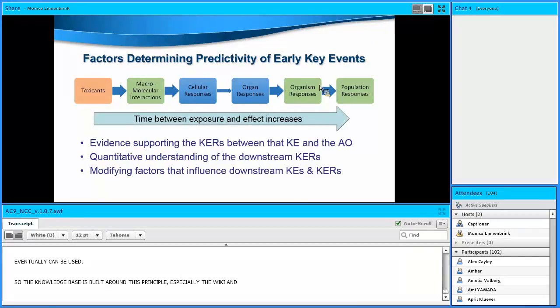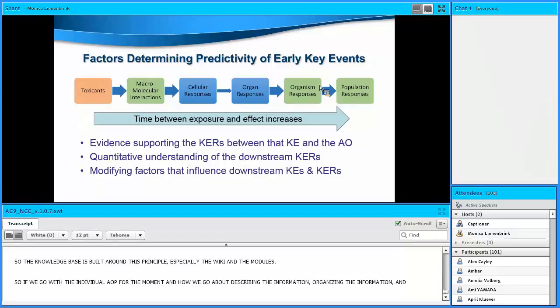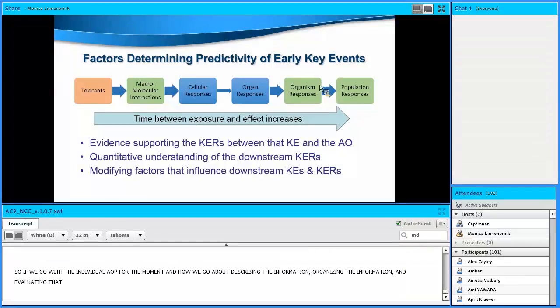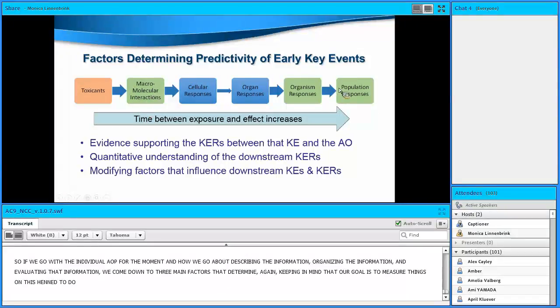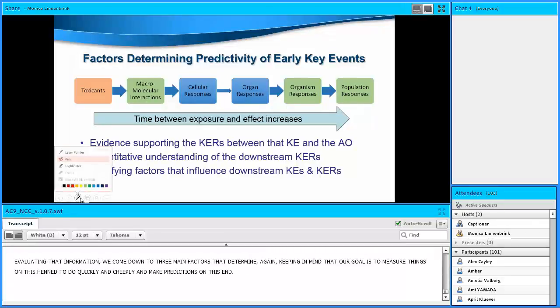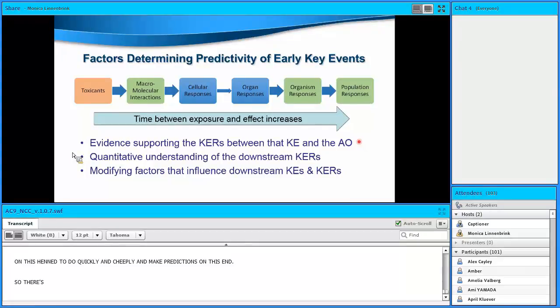So if we go with the individual AOP for the moment, and think about how we would go about describing the information, organizing the information, and evaluating that information, we really come down to 3 main factors. Again, keeping in mind that our goal is to measure things on this end where we can do it quickly and cheaply, and make predictions on this end. So there's really 3 main considerations that we have. One is